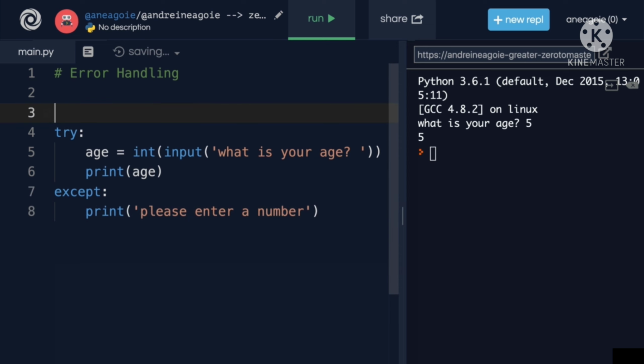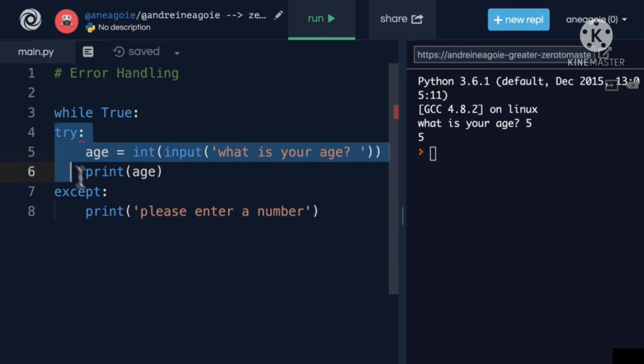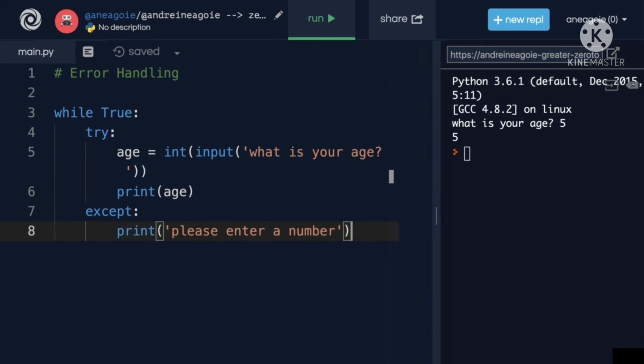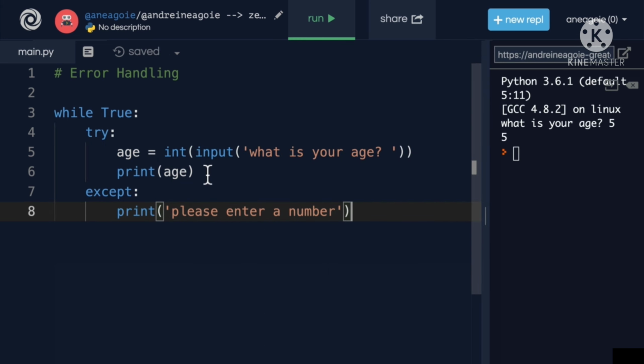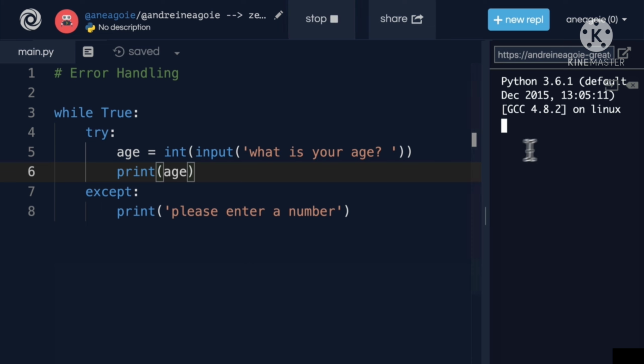Well, we've seen this before. We can do a while loop and say while true, run this. And if this works, well, we're going to hopefully get the age. Let's see that. If I click run, what's my age? Let's say,